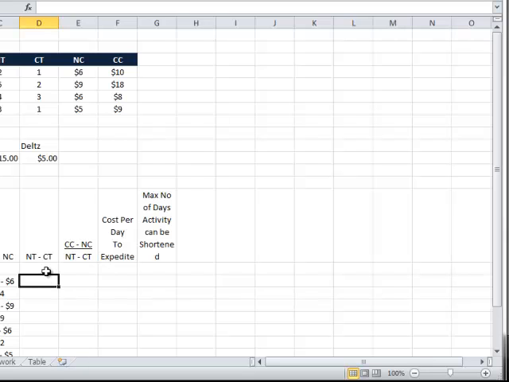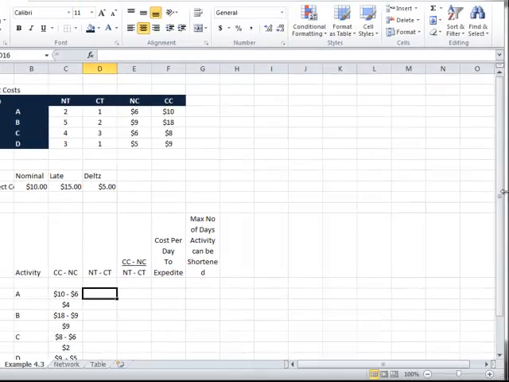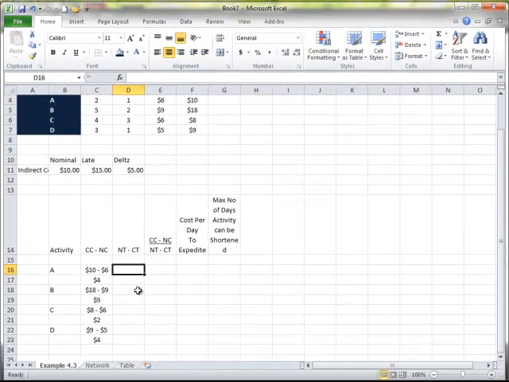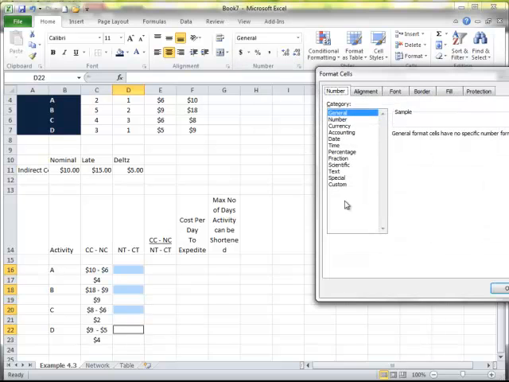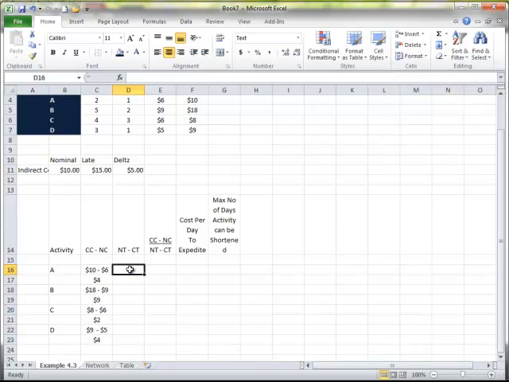And in text, what we're going to do is select the boxes that will have text in them, and we're going to format them for that. Otherwise, we're going to get a funny computation. So now it doesn't treat these as numbers, it treats these as simply text. It's not trying to perform an operation on them. So the normal time for A would be